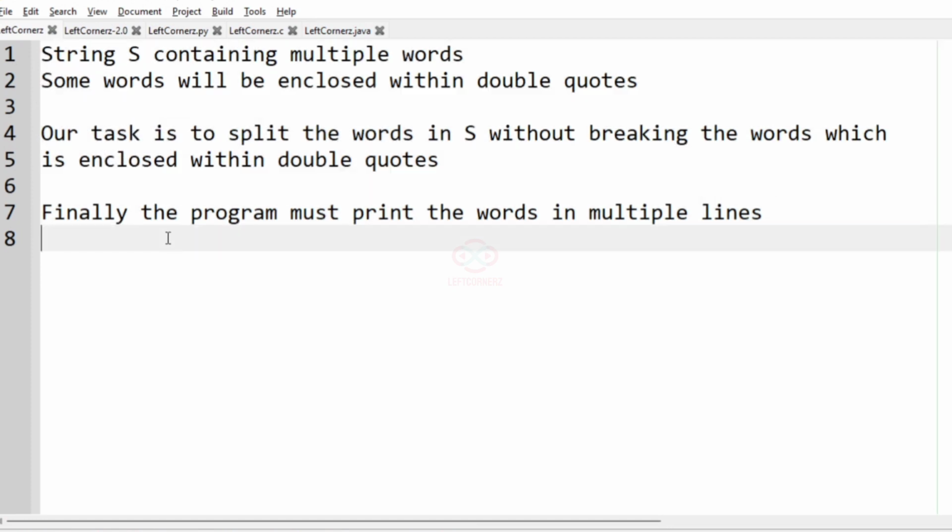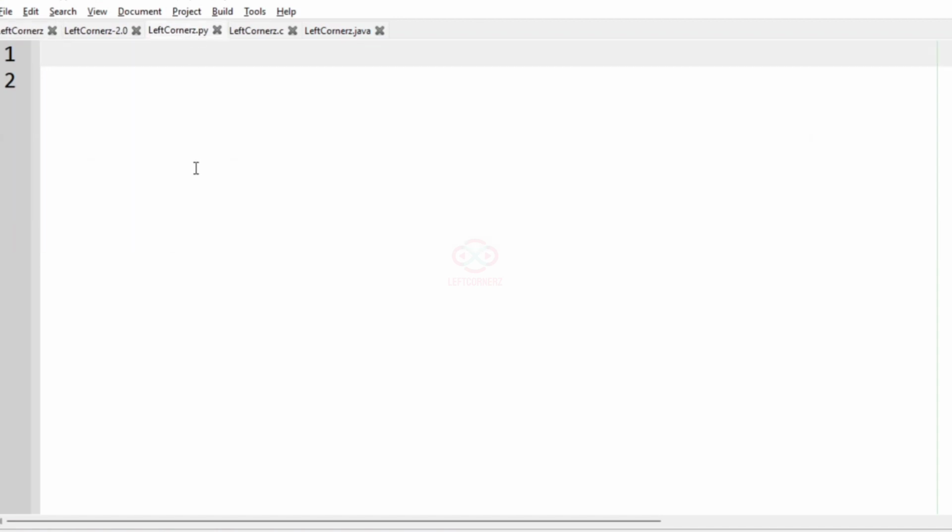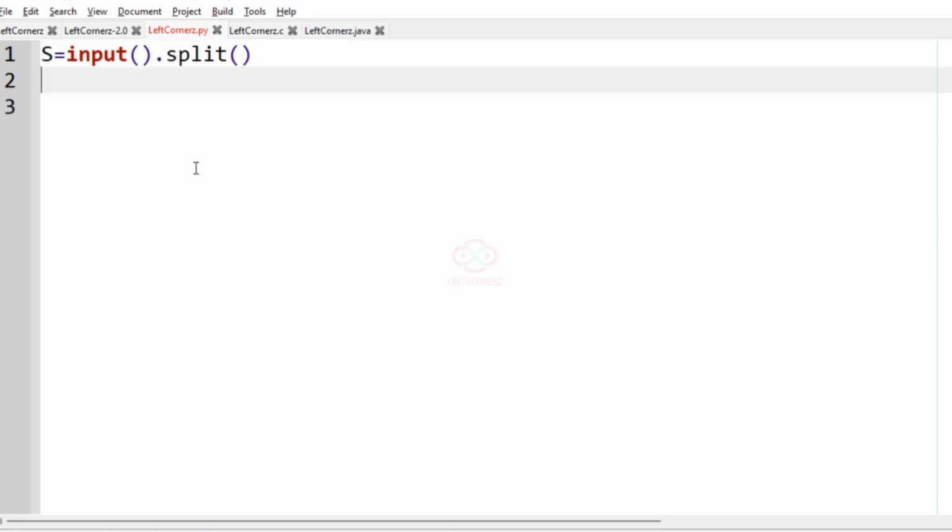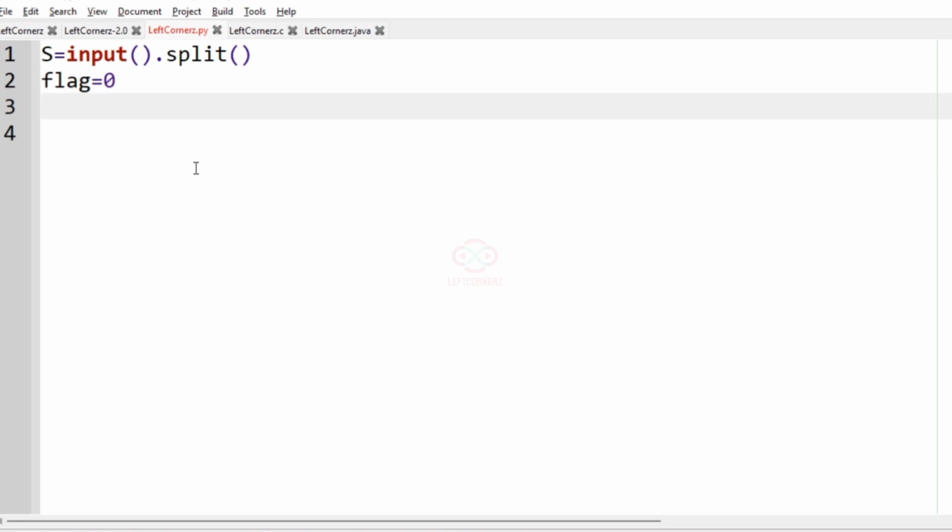So let us implement our logic and let us see the pseudocode for solving this program. First we have to accept the string s from the user. So s is equal to input dot split, and then let us have a flag variable. If words are present in double quotes, then we will be changing the flag variable. So flag is equal to 0. And now let us iterate over the words in s. So for word in s,